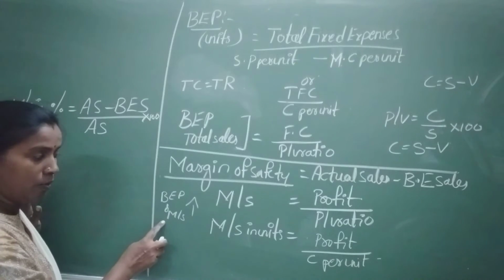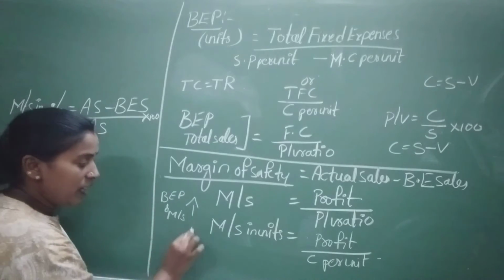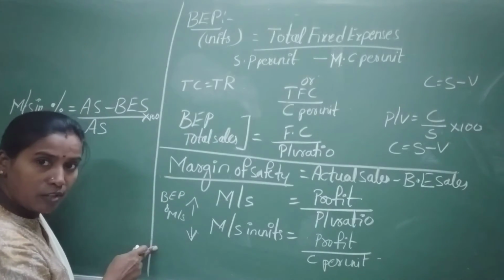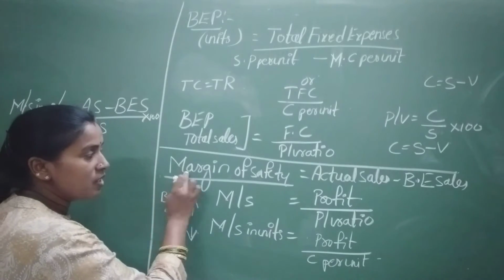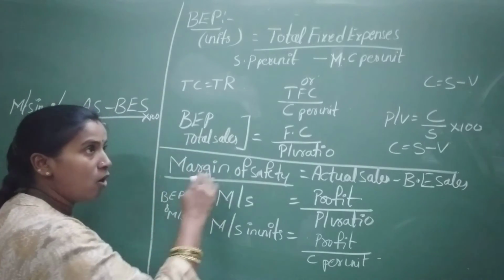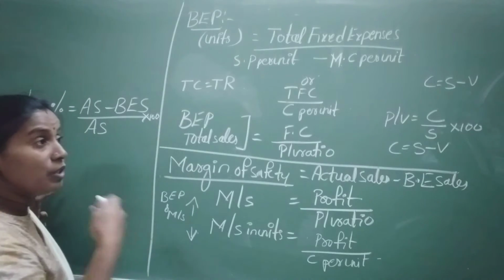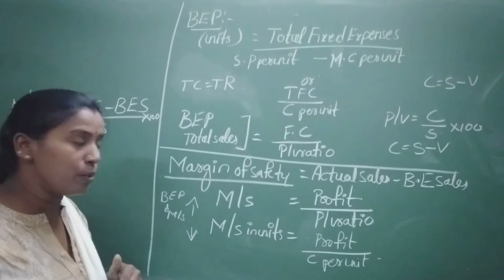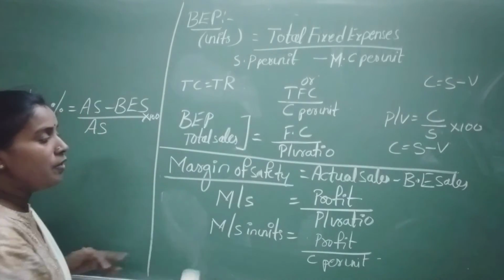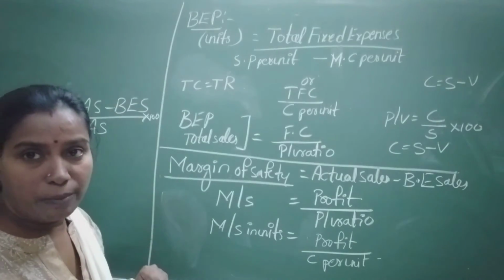When it is more, there is a profit. When it is less, there is a loss. So what is the meaning of margin of safety beyond the production? More than you thought that you produced. Clear? That is the meaning of margin of safety. You are able to understand the point here.